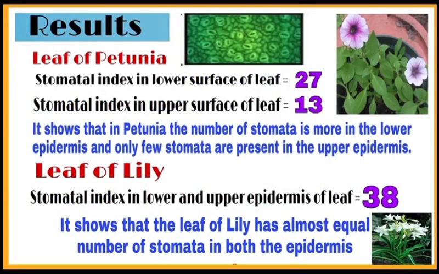Write the results for leaf of petunia. Stomatal index in lower surface of leaf is 27 and stomatal index in upper surface of leaf is 13. It shows that in petunia, number of stomata is more in the lower epidermis and only few stomata are present